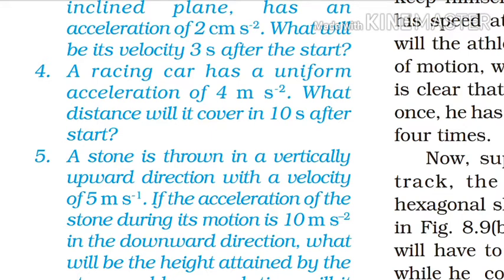So how much distance is traveled by the car in 10 seconds? That will be equal to V square minus U square by twice of A, that is 40 square minus 0 square divided by twice of A, that is twice of 4, that is 8. So 40 into 40, that is 1600, divided by 8, it means 200 meter. So the total distance traveled by the car in 10 seconds will be 200 meter.